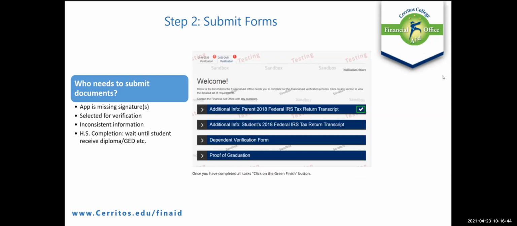However, if it's a special circumstance, and we'll talk about that a little bit later on, there may be an opportunity for a student to appeal their dependency status and allow them to submit the financial aid application without parent information. It does happen, it is rare, and it will require some additional documentation to be submitted. So definitely follow up with our office if you find yourself in that kind of situation.